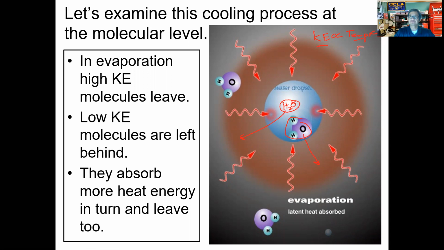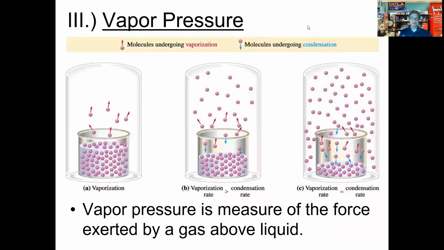So let's go ahead then. That's it for evaporation, folks. So we've talked about evaporation, and that's one property of liquids that we have to consider. Now, do understand this: different liquids evaporate at different rates, and so there are other factors that determine how quickly a liquid evaporates as well. So we've only talked about one factor. We were talking about heat energy. There are other factors that determine how quickly a liquid will evaporate, but we'll leave that discussion for a later day.